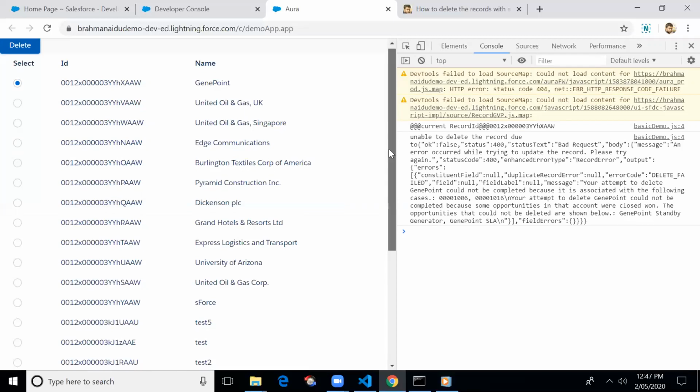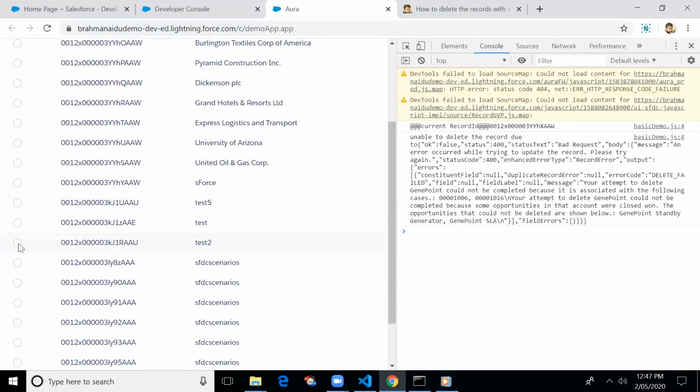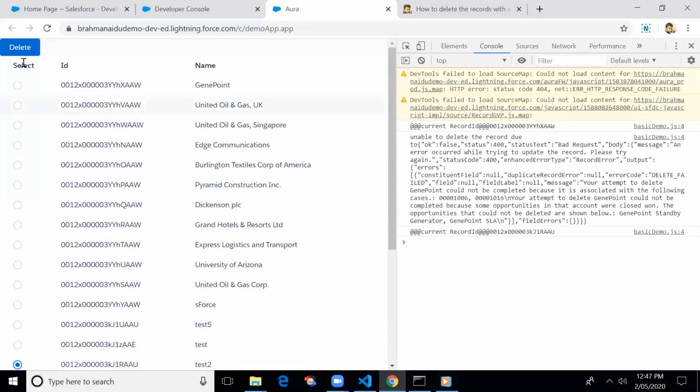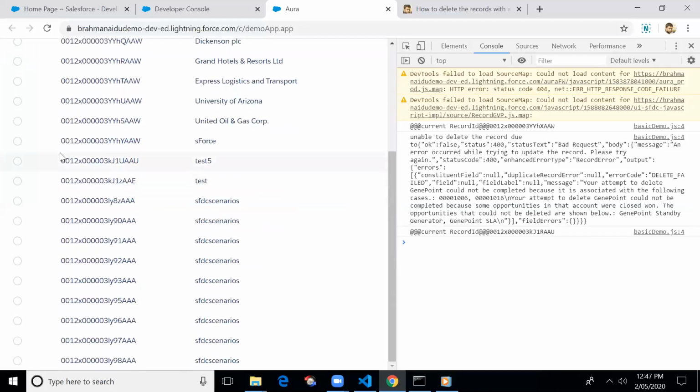Now I'll try to choose a different record. Let me choose test2. We are getting the ID. Let me click on delete. It got deleted, and the data is also getting refreshed because of the refreshApex property. Let me try to delete one more record, test 5.